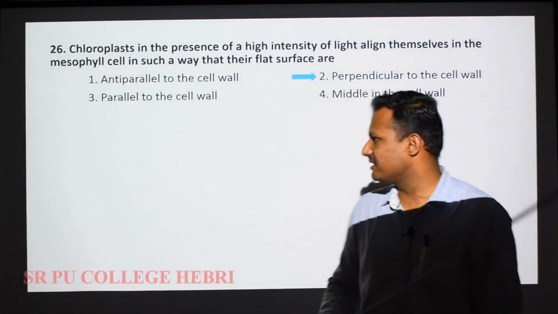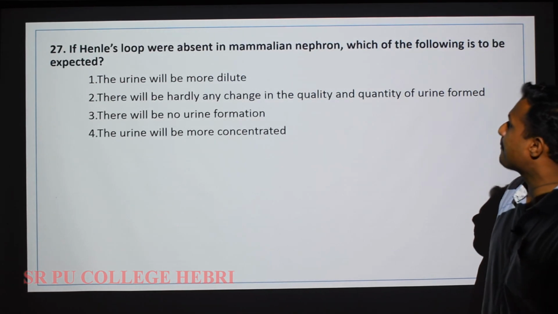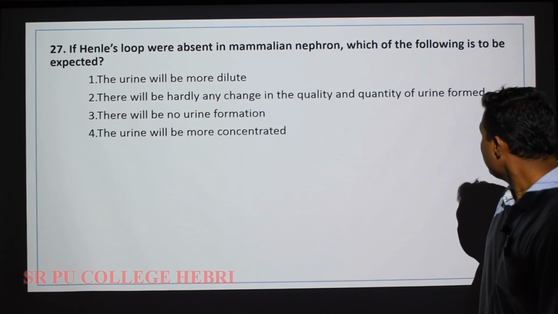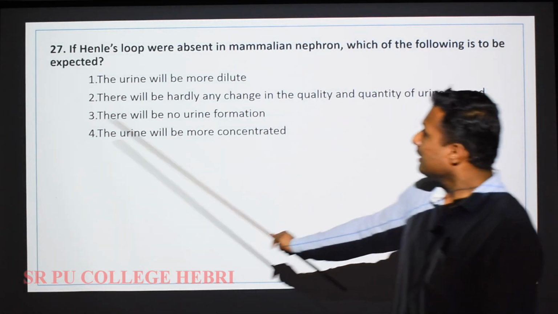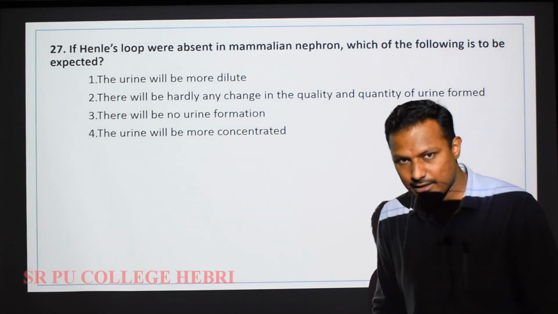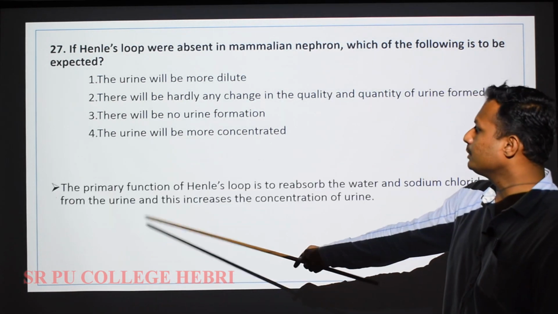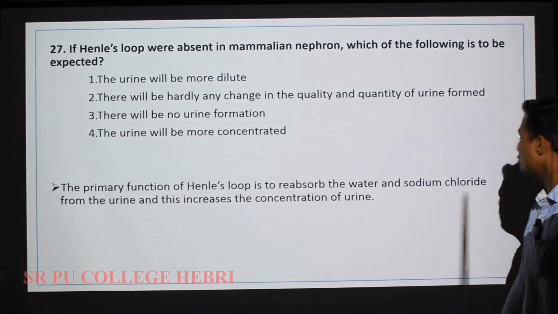27th one: if Henle's loop were absent in the mammalian nephron, which of the following is to be expected? ಏನಾಗ್ತಿರ್ಬೋದು Henle's loop absent ಇದ್ದಿದ್ರೆ? What is the function of Henle's loop? You have to understand, the primary function of Henle's loop is to reabsorb the water and sodium chloride from